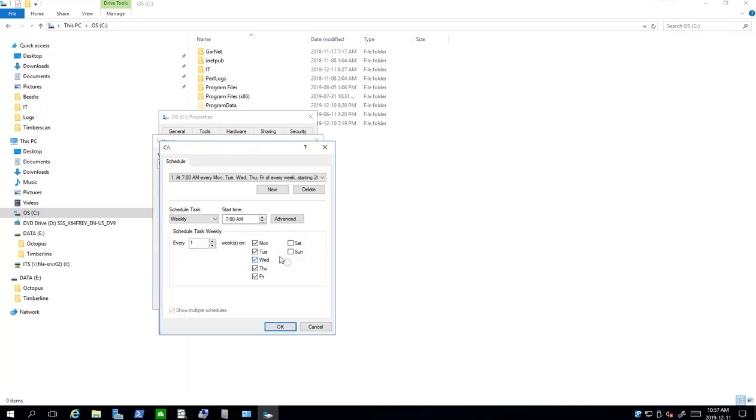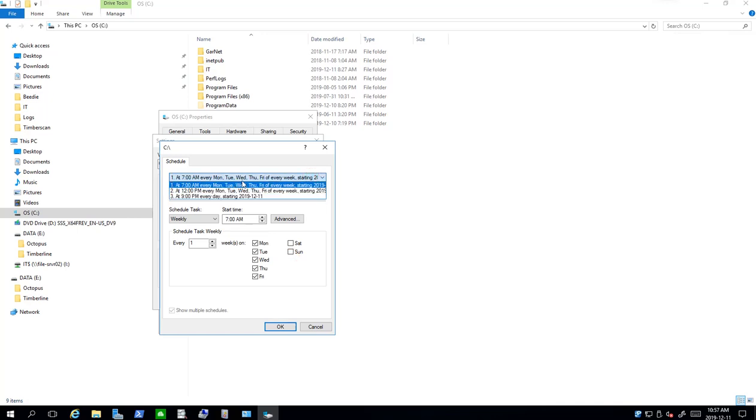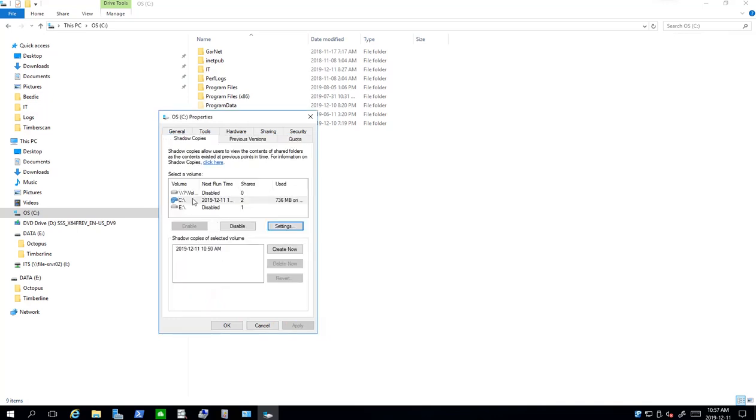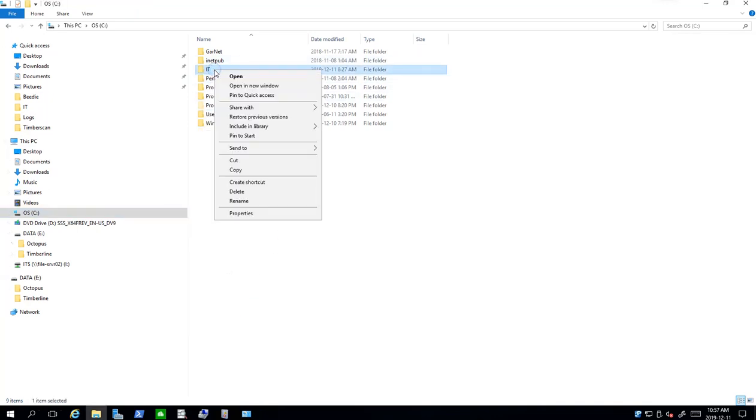And in the scheduling, you can see the current schedule is 7 a.m. every day. Then if you want multiple copies as well, you can create a new schedule and make it every day. So that means you have multiple schedules, 1, 2, 3, 4, right? So that way, and once you enable the shadow copy, then in the event you want to restore or